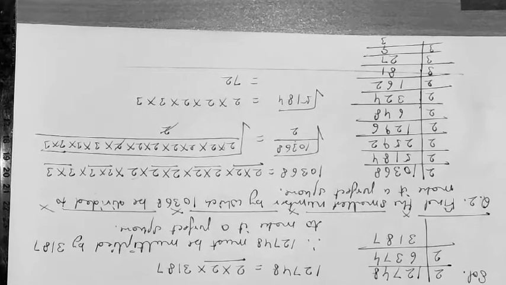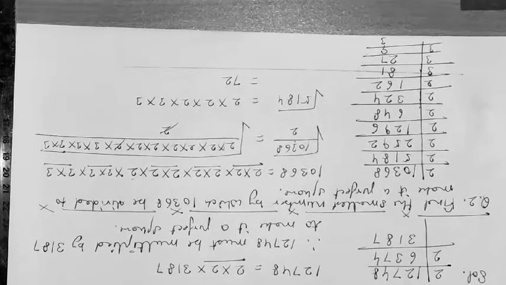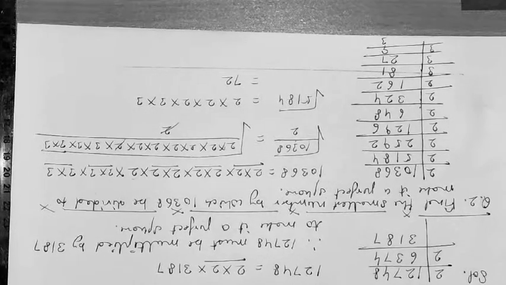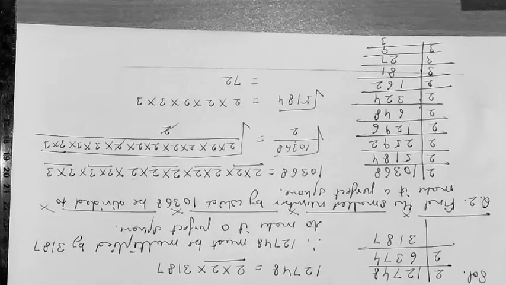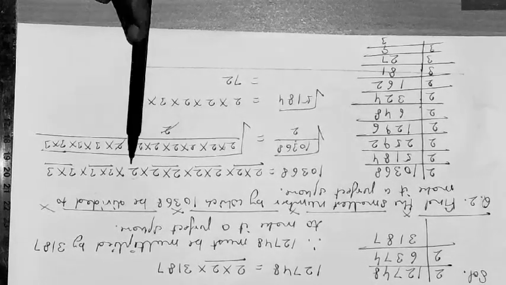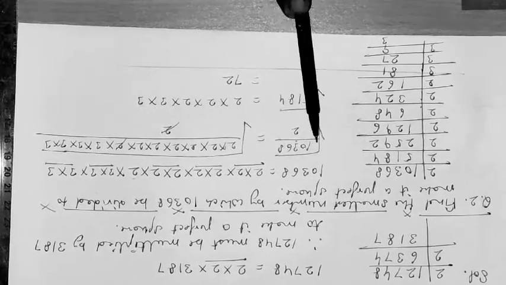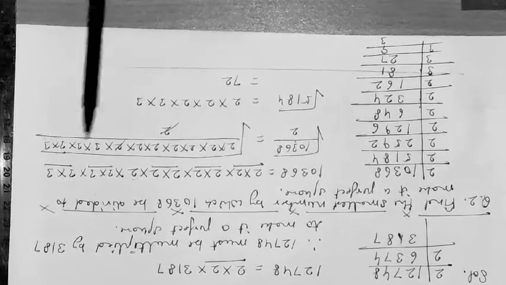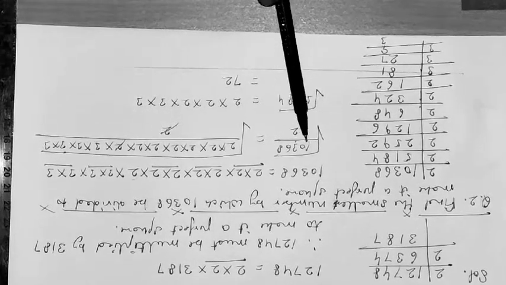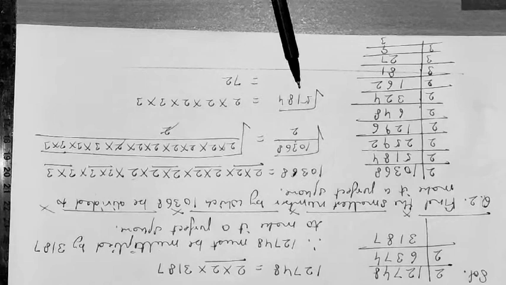Once again I am going to repeat this whole question. Here we are given the number 10368 and we have to find the smallest number by which this number is to be divided to make it a perfect square. So first step, find the prime factors of the given number 10368. Second step, arrange the numbers in pairs. Then we will find that one number 2 is not in pair. So we decided that we should divide 10368 by 2 to make it a perfect square. Because I have divided the number by 2, I have to divide the factors also by 2. So after dividing 10368, I get 5184.